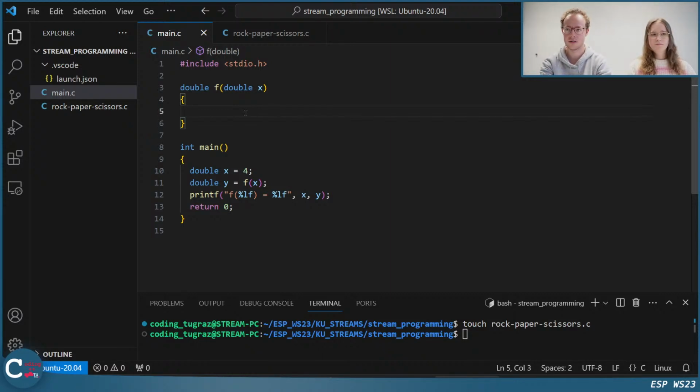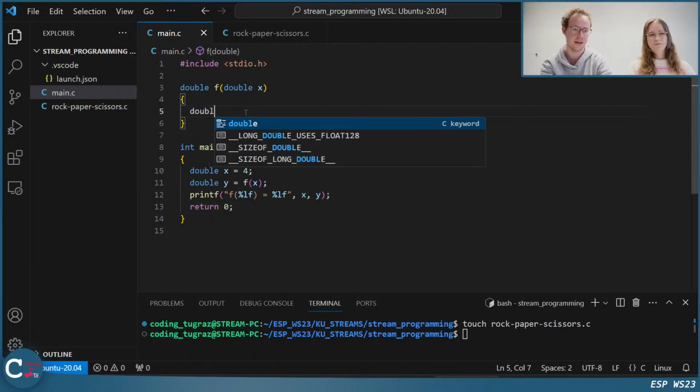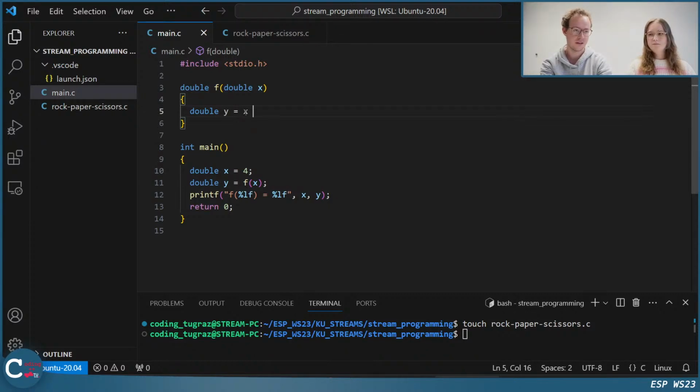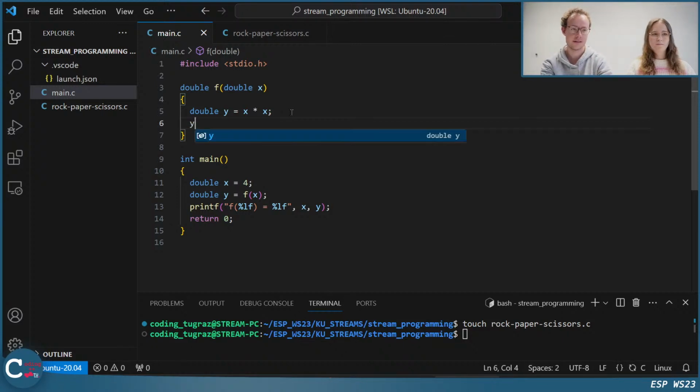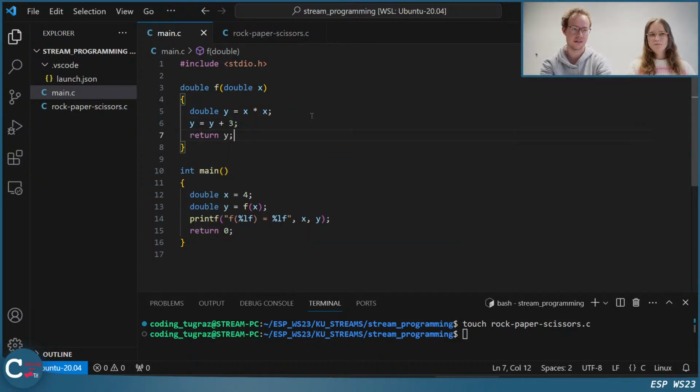And now in the function, we can do what the function is about, and I will do this step by step. Of course, we can do this within one line, but I want to show it step by step. So first we multiply the x with the x to obtain the x squared. Then we add 3 to the obtained value from x squared, and then finally we return this y. Of course, we can do something like return x times x plus 3 immediately, but I just want to do it step by step to show you a bit more in a few seconds. Okay, that's the way